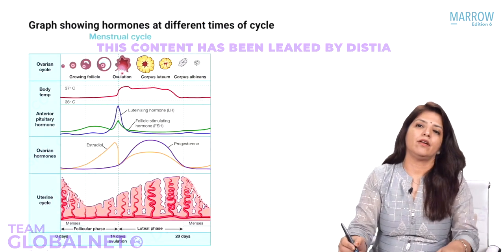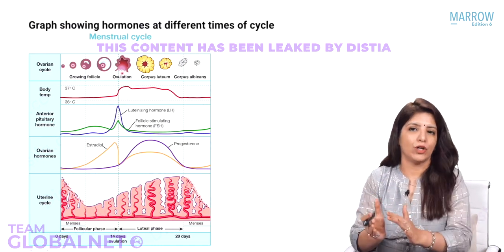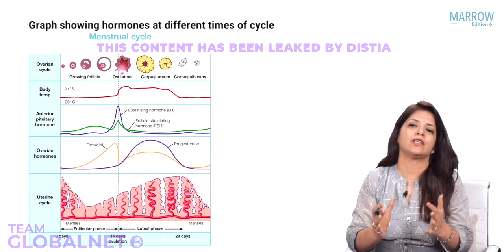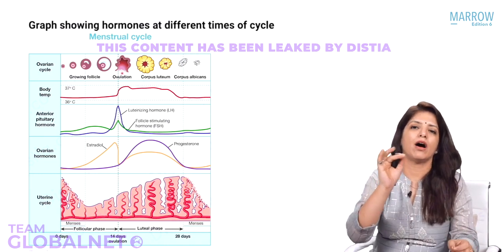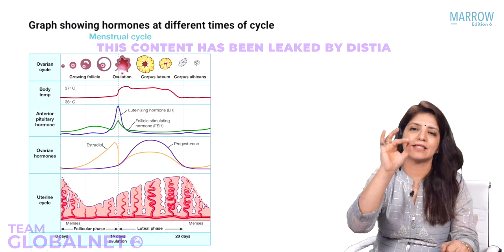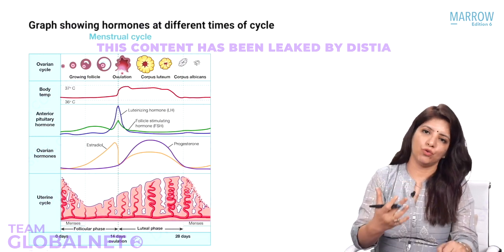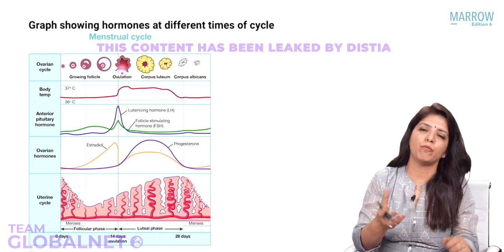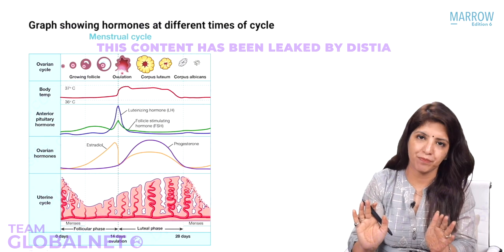Now, progesterone is the only hormone which peaks after ovulation. And how many days after ovulation? 8 days after ovulation. So if they show you this image and they mark this purple color hormone as X and they ask you to identify the hormone X, you know that hormone X is progesterone because that's the only hormone which will peak after ovulation, right?